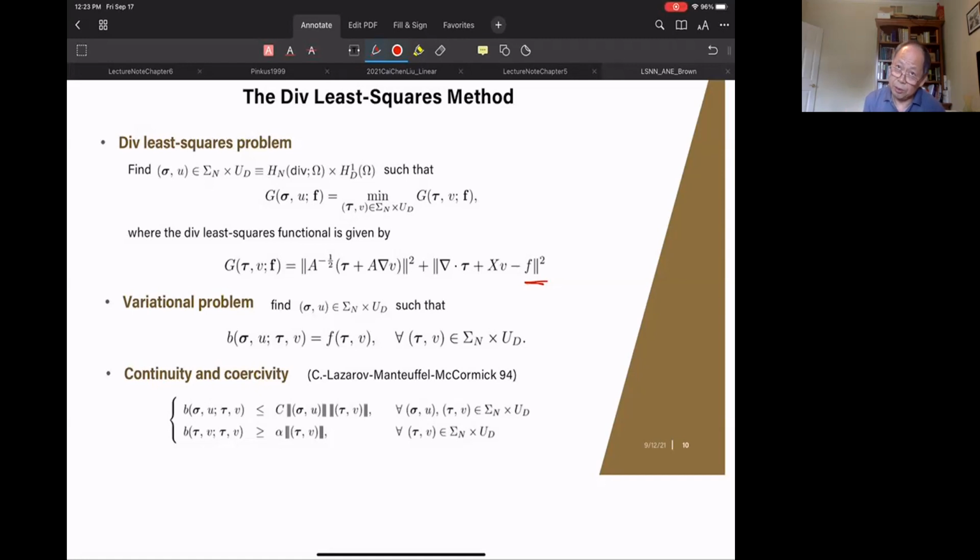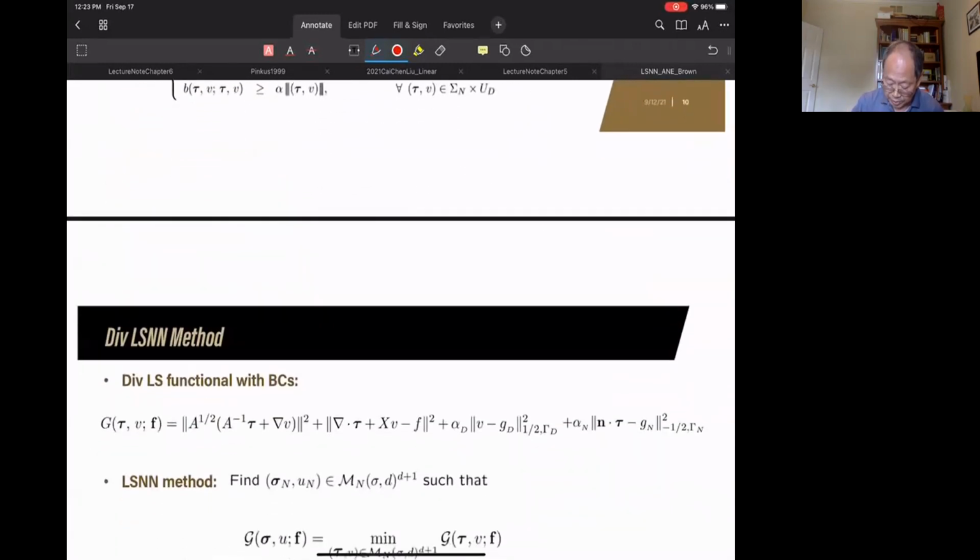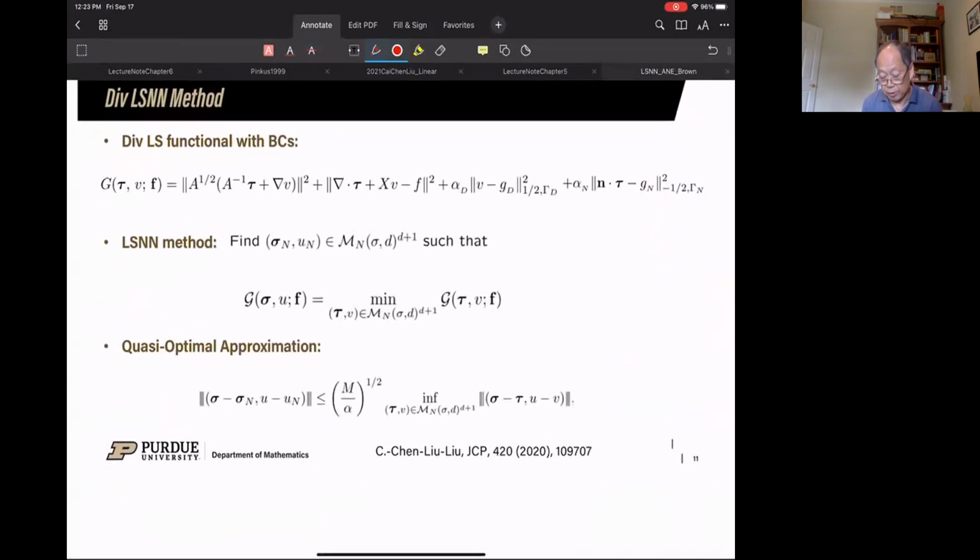Then about 2 years ago, we wrote a paper about neural networks. At that time, we didn't know about PINNs, so we didn't cite PINNs. But basically, when we apply the neural net, one difference between the neural net and the finite element is that it's not easy to enforce the boundary conditions. So instead, we basically just add them to the functionals. That's what we did. Again, the norm is very different. So this is the half norm. This is the negative half norm. Okay. Then you can do the proof of coercivity.